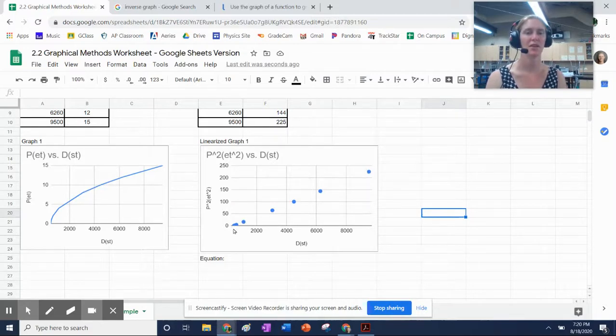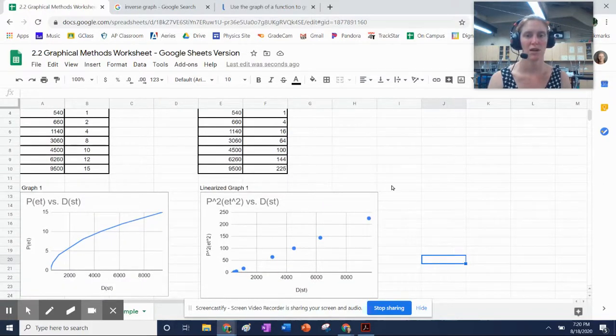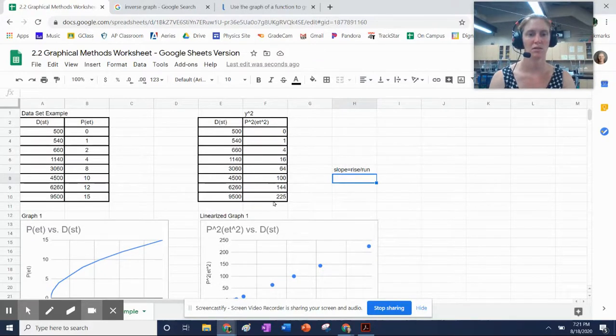So I've been successful. I have found how to make this a straight line. And now I just need to find the slope. And so you would pick 2 points on your best fit line. Just for fun, I know that this is a perfect graph, so I can use what I know and remember that slope is equal to rise over run. In this case, I started at 0 and I went to 225. So that's my rise. So my slope then is equal to